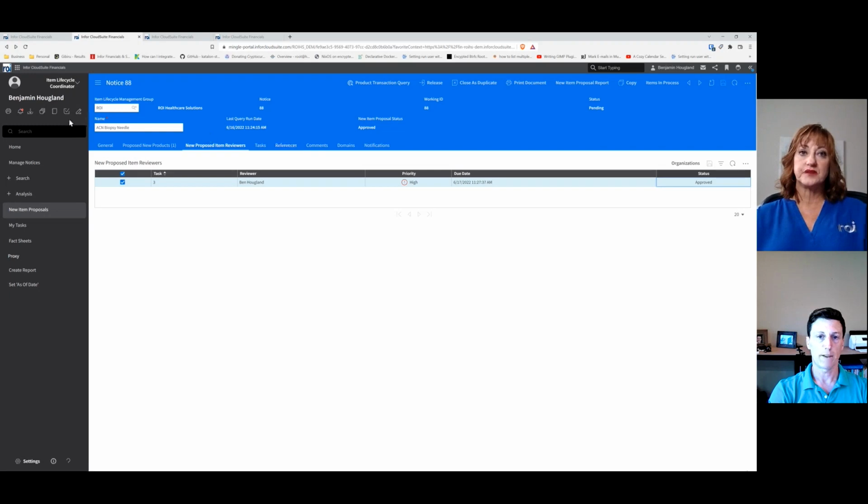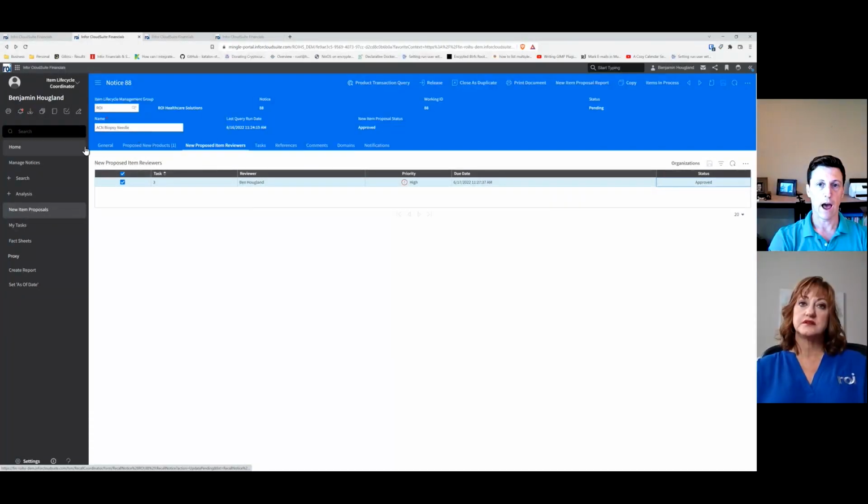Yeah, and one thing I like about this process is how flexible it is. You saw right here from a Lifecycle coordinator perspective, I can add new reviewers. I can add tasks to this to make sure things are done from an end-to-end perspective. Where if you build an IPA, now IPAs can be customized to do all sorts of things. However, like you said, time is money, and development effort is not cheap. And then you've got to go through testing. And once you have that flow built,